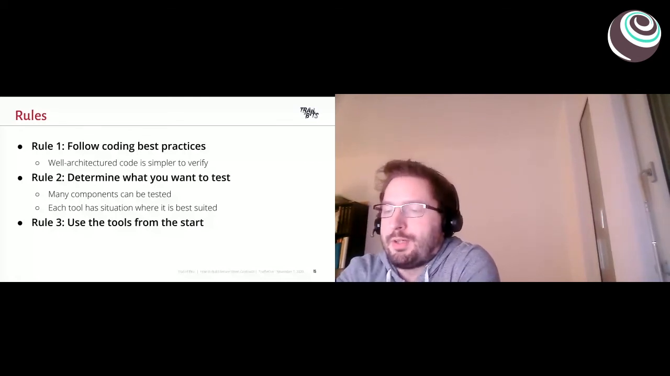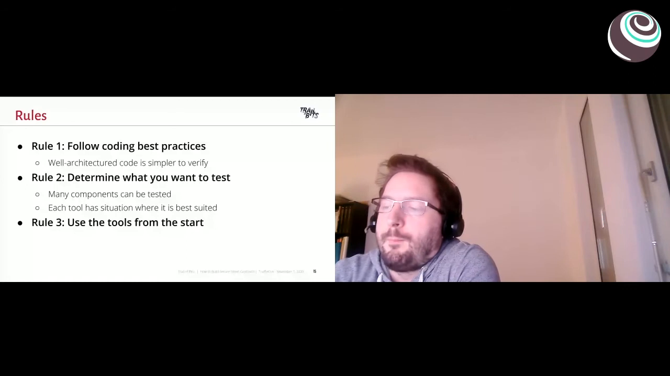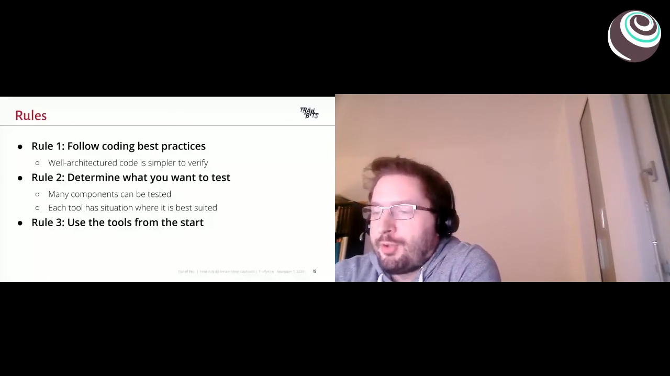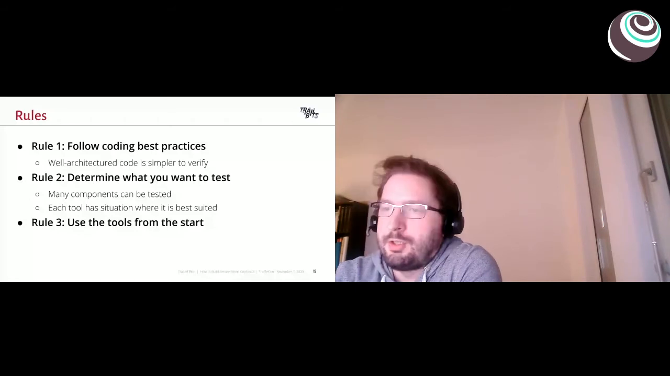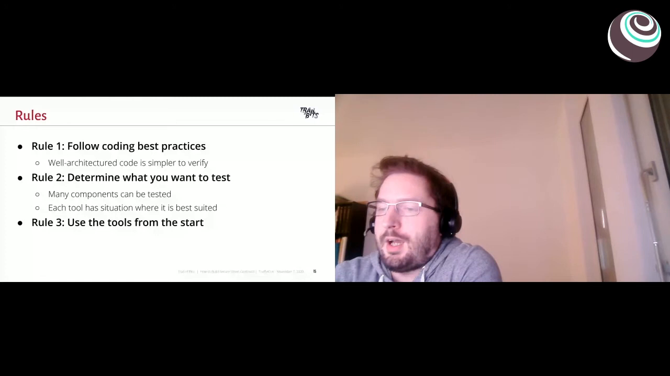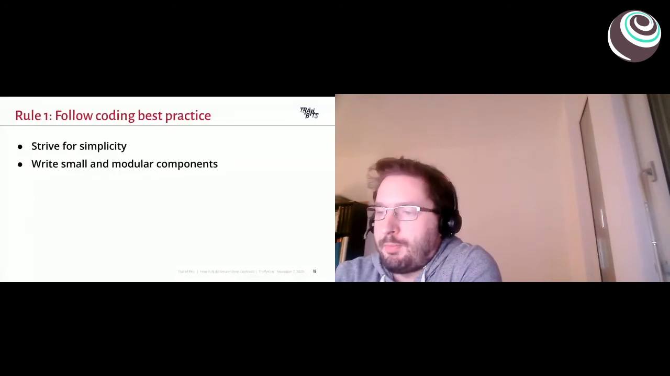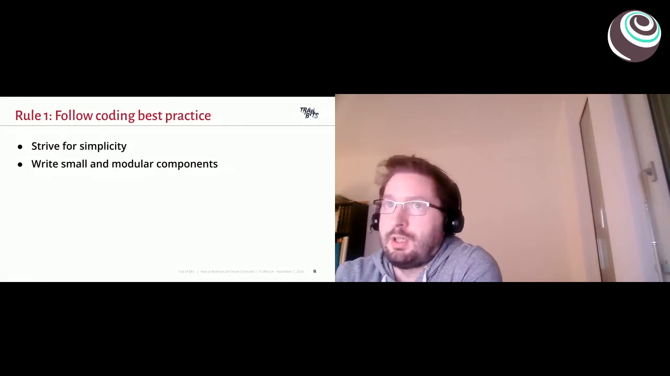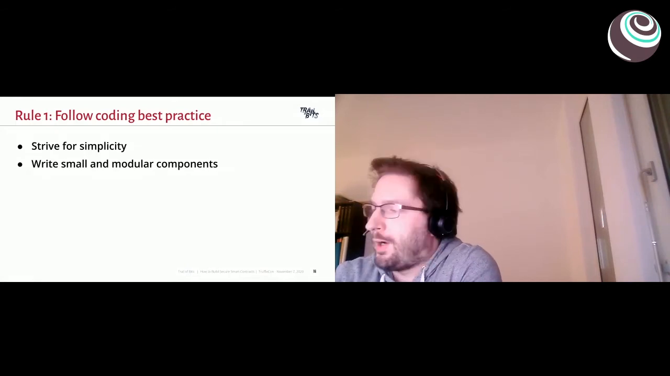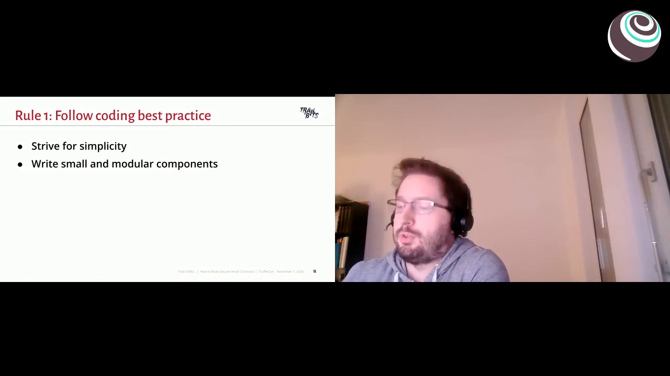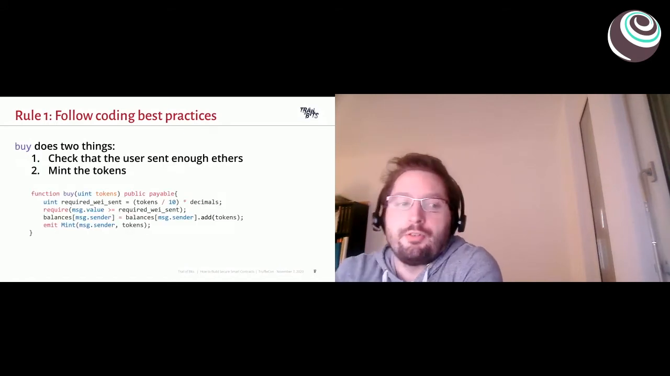If we think about the first rule, which is following the coding best practices, if there is one thing you should always keep in mind, it is that you should strive for simplicity. Write as little code as possible. If something can be put off chain, keep it off chain. Write small functions and modular components. If we consider the example,